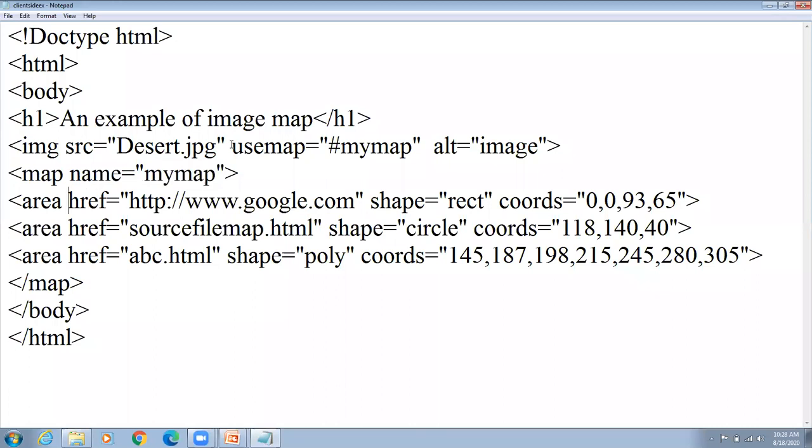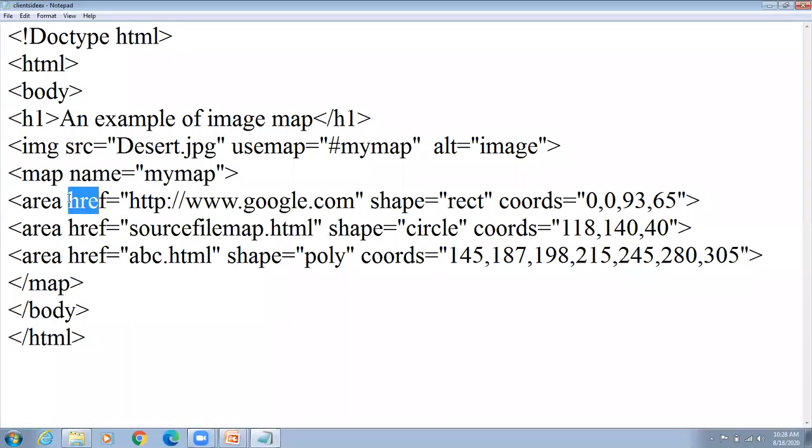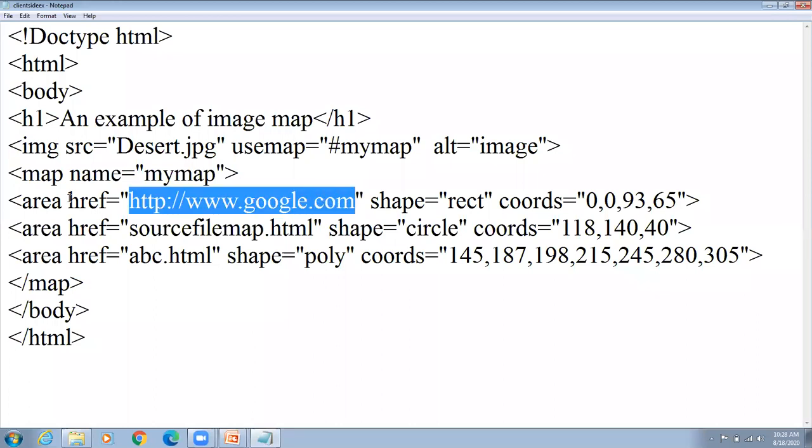Now the area tag. There are 4 attributes of the area tag. Which are the attributes? href, shape, coords and alt. Okay. Here we used href is equal to some website link.